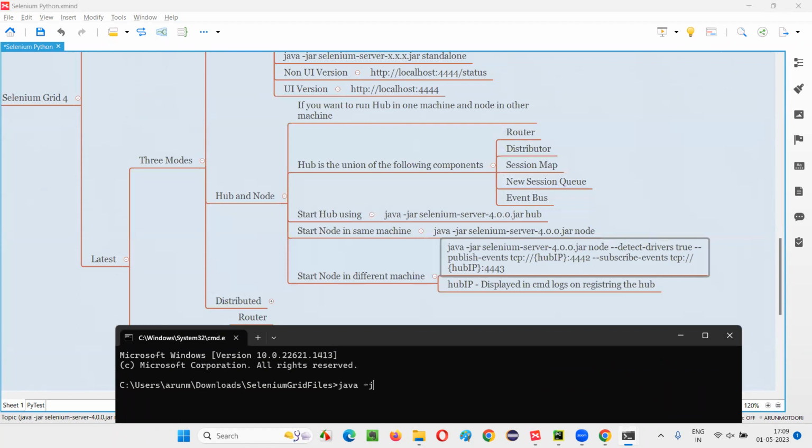java -jar selenium-server-4.9.jar. Till here it is the same. After that, "node" is also the same, but we should not stop here. We have to give the remaining things. Hyphen, this extra thing you have to give: --detect-drivers true